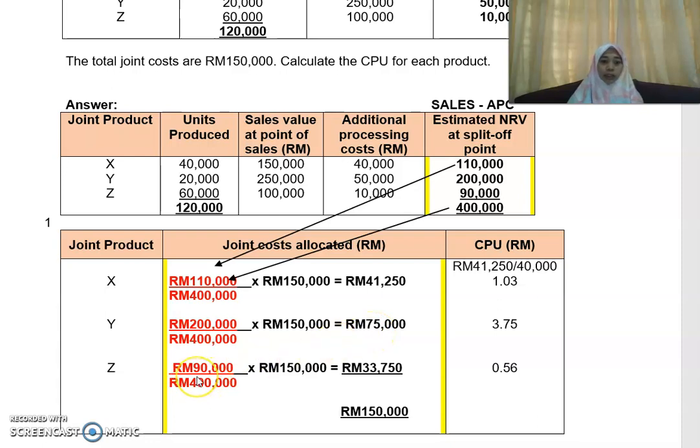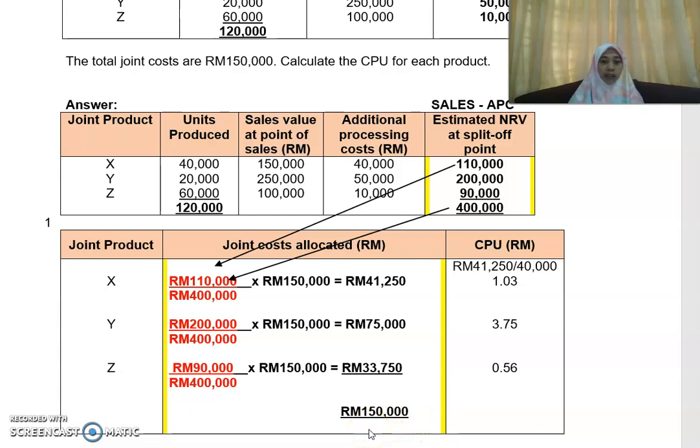Do the same thing for Z. Z will be 90,000 divided by 400,000. You time with the total joint cost that you want to apportion, that is 150,000. So that will give you 33,750 ringgit. If you were to add all this up, it will again give you the total joint cost, that